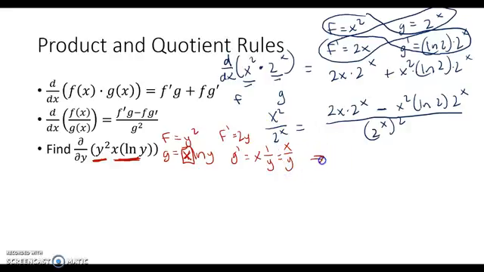And I put it all together. I get f prime, 2y, times g, which is x natural log of y, plus fg prime, which is y squared times x over y. And that's it, we're done. If you wanted to do a little bit of reduction here, you could make this 2y natural log of y plus